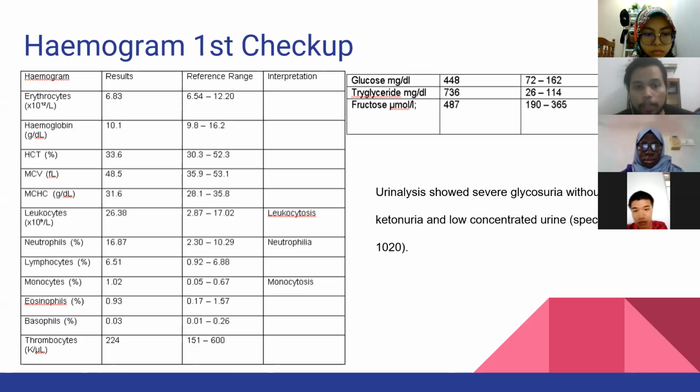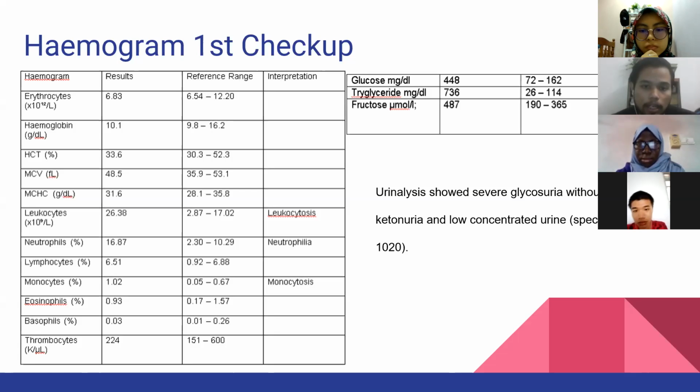But from the biochemistry results, we can see the glucose is remarkably increased, which indicates hyperglycemia, and the triglyceride is also very increased, hypertriglyceridemia, and fructosamine is also very increased. We can see the increase in fructosamine concentrations. All of these biochemistry results show that the animal might have diabetes mellitus, and the urinalysis result also shows that this cat has severe